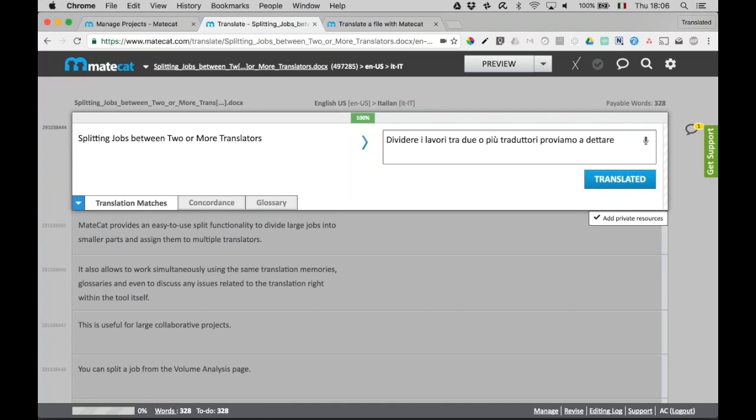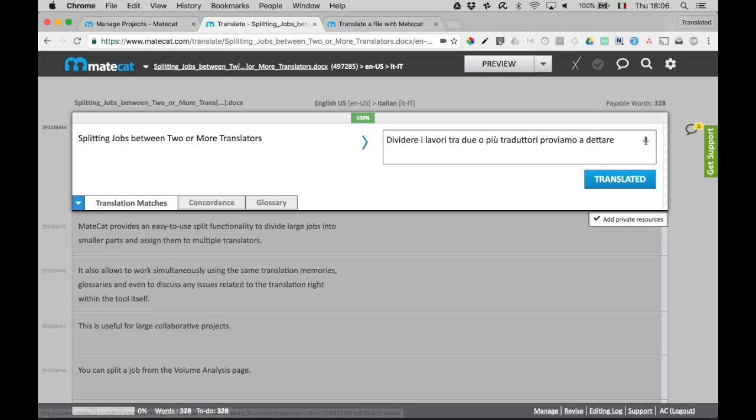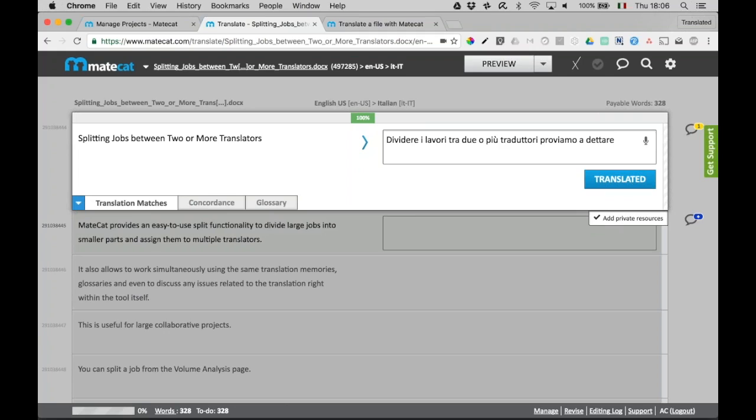That's it. Then when you click on translated, the microphone will still keep on, and you can dictate through the other segments. If it's a 100% match, like in this case, the text is appended at the end of the segment. If it's not a match, the segment is empty, and you can start dictating from scratch your translation. Oh, by the way, I know that it works very well in Arabic. That was quite a surprise, but we got kudos from some of our Arabic users.